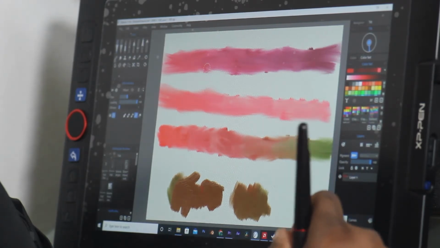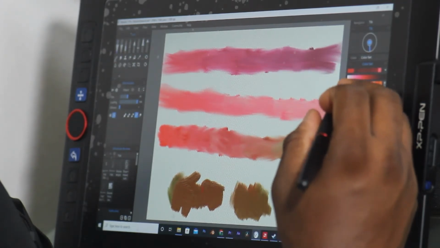Alright, so this was a mixed color feature in Rebelle 5 Pro,